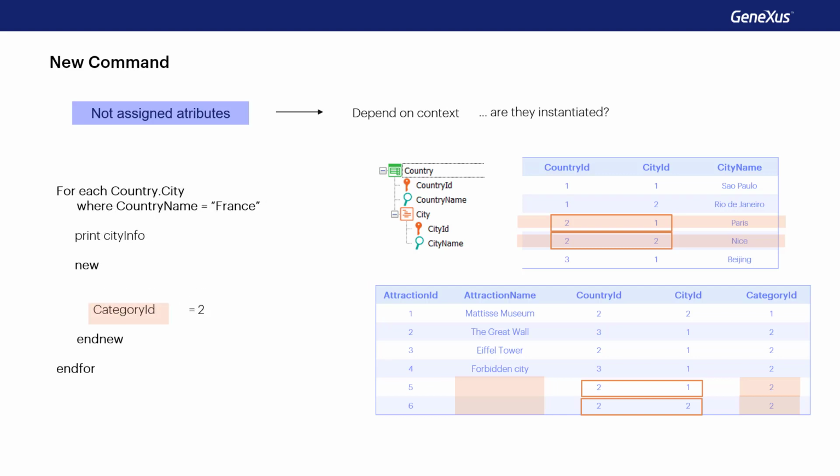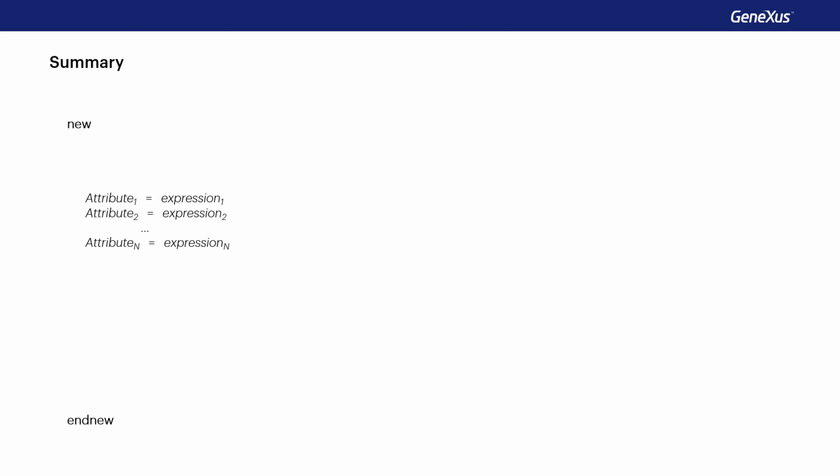The other option is to use the defined by clause that allows adding more attributes to be considered together with the others in determining the base table. In short, the new command is used to insert a record into a table. The table is determined by the attributes assigned to it. If a defined by clause is added, then the attributes listed there also participate. Here the concept of an extended table does not make any sense.